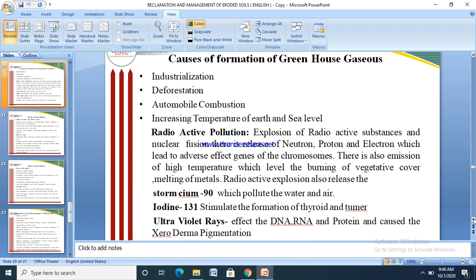Now, causes of formation of greenhouse effect. First is industrialization, deforestation, and automobile combustion, increasing the temperature of the earth and sea level. Now, radioactive rays: expulsion of radioactive substances and nuclear fusion. There is a release of neutrons, protons, and electrons at high temperature, which leads to burning of vegetable cover, melting of metals, radioactivity, and explosion also